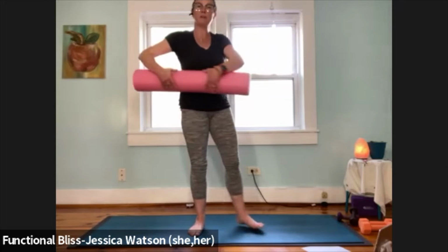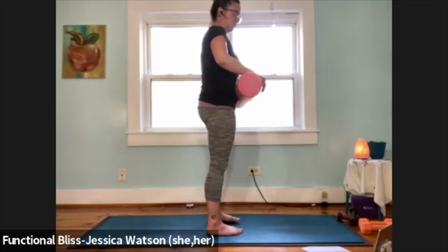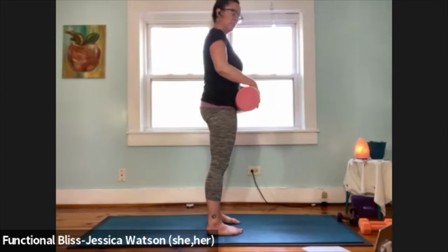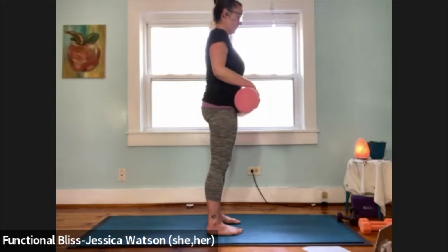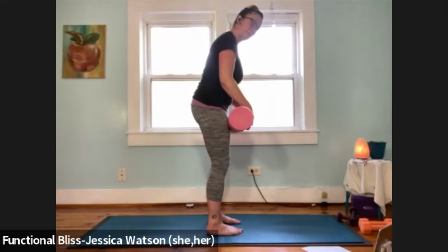Nice. And then as you come back to center, we're going to take it back to those front hip points. So staying just where those front hip points are, put a gentle pressure on and a light roll up and down. You're moving up and down about an inch, maybe even less than an inch. One more roll up and down, and then we're going to go past those hip points over to the thighs,